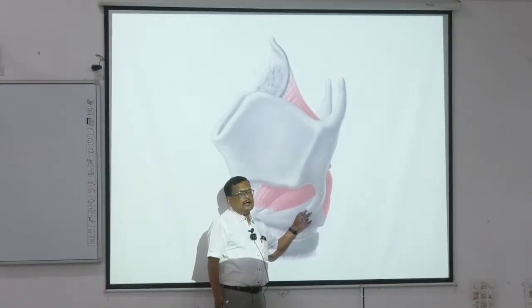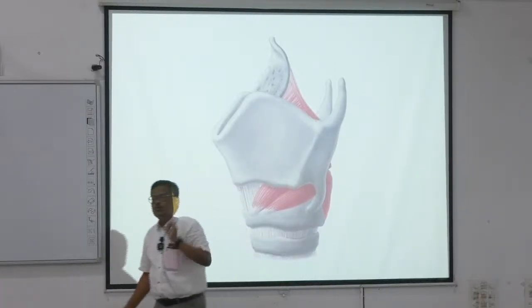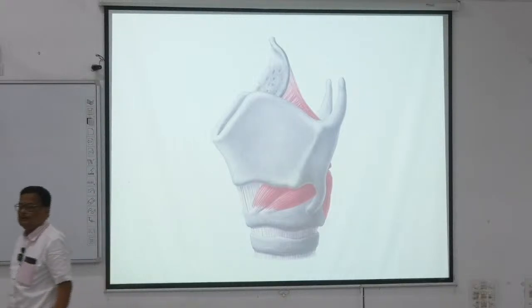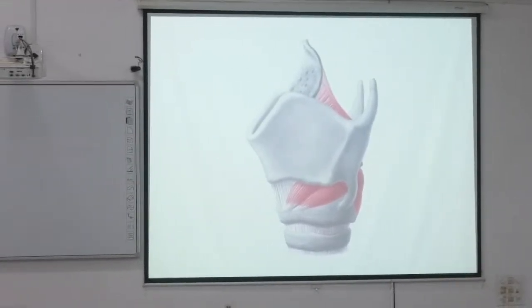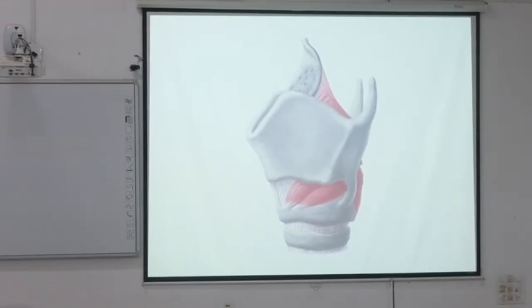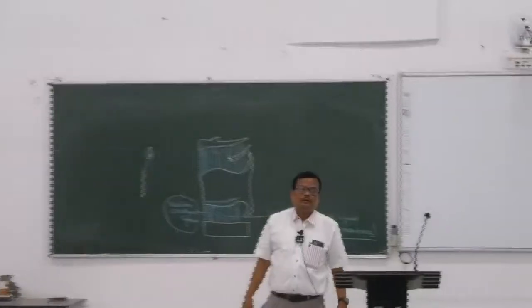Slight gliding and rotatory movements are possible. This joint is a synovial joint, so it has got a capsule. তাহলে আপাতত এটা থাক।